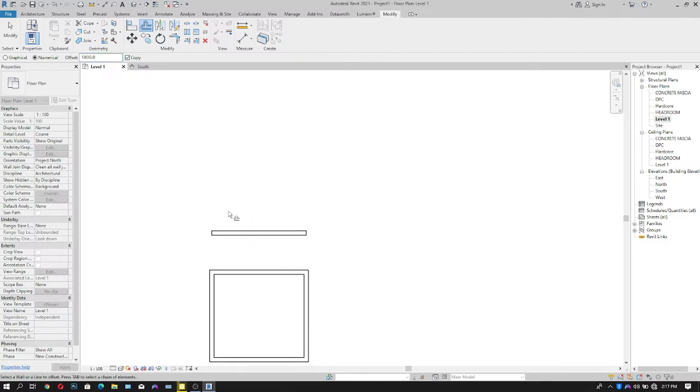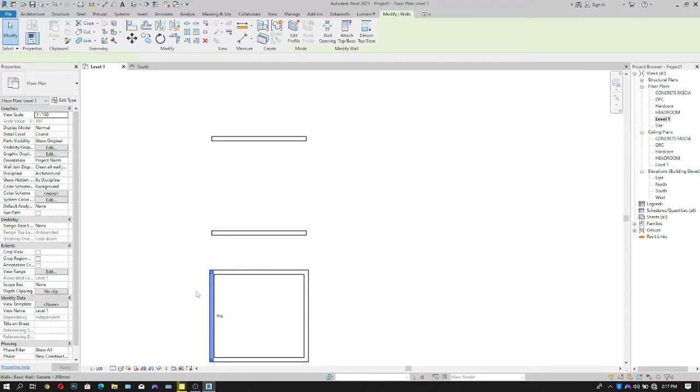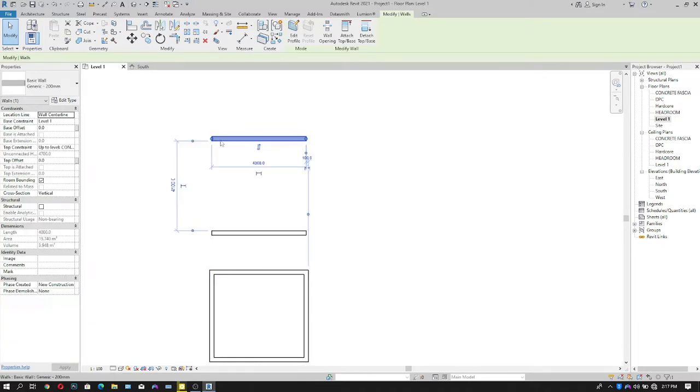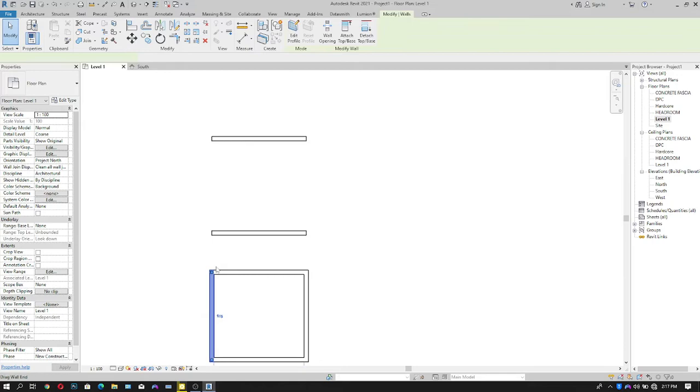We've offset our toilet. Now what's left for us is to offset our bedroom. Go back to your offset tool and type in 4,300. There. Now click escape twice. Escape. Now to join this wall to this wall, you can either click and drag,